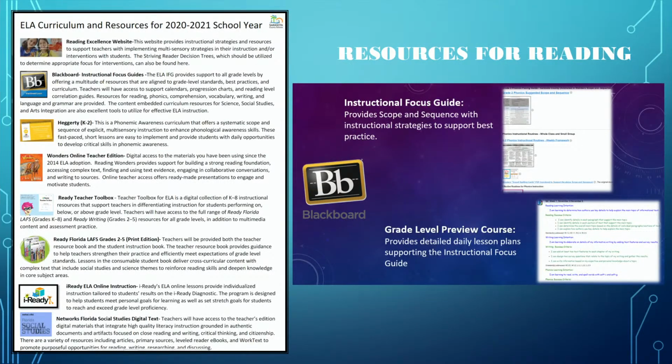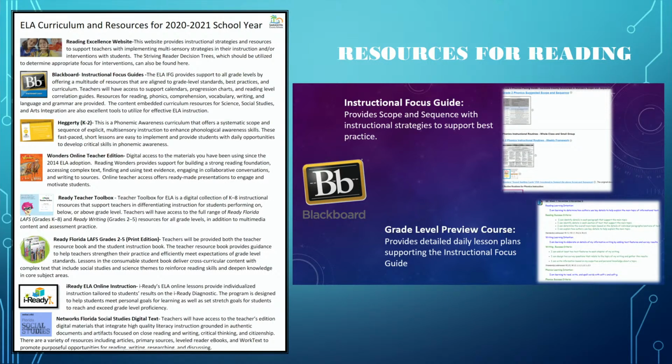What we want you guys to know is that even though our reading scores are pretty much staying the same and we had some good news there, our curriculum specialists are still really hard at work aligning resources and providing support to our teachers and school leaders in the area of reading, because we know we still have work to do. And the image you see on the left of this slide shows all of the available district resources that our teachers have to help them in their reading instruction and to design rigorous instruction that's aligned to the standards. These resources support the face-to-face learners and our remote learners.